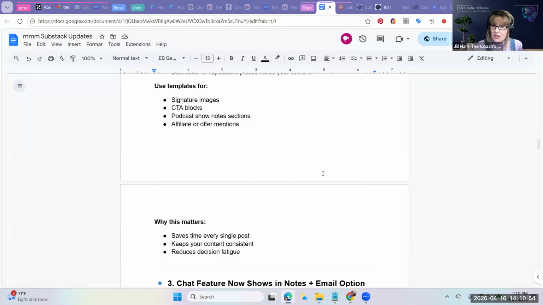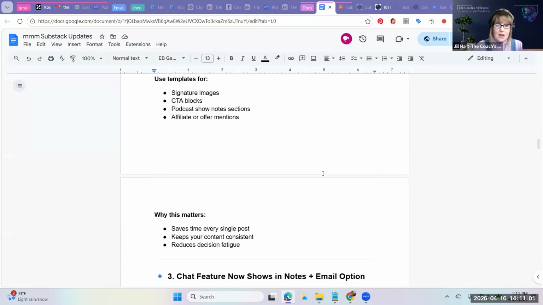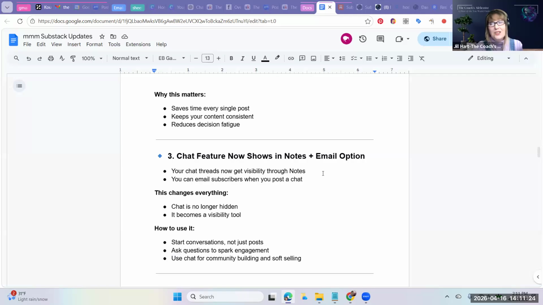So do you guys have any questions about the templates feature? Okay. For the longest time, I actually thought that it was just a template for the whole post. So I kind of avoided it, thinking that I do a lot of copy and pasting with my posts overall. But the fact that it's just snippets, it's like, oh, this is different. So I strongly encourage you to take advantage of that.